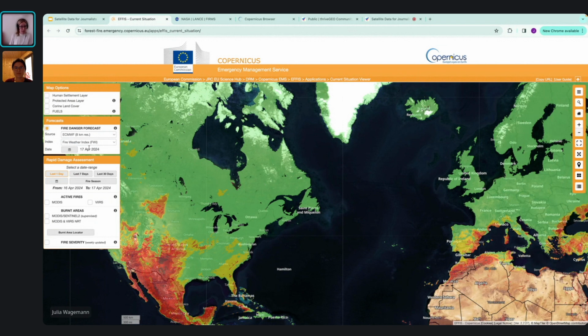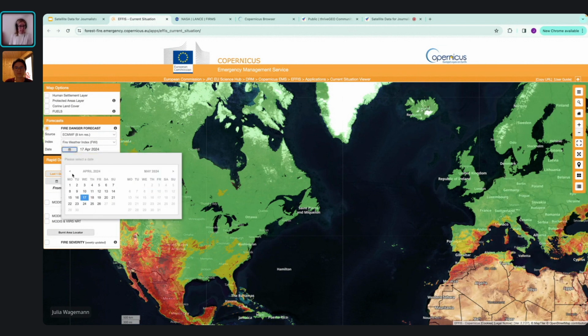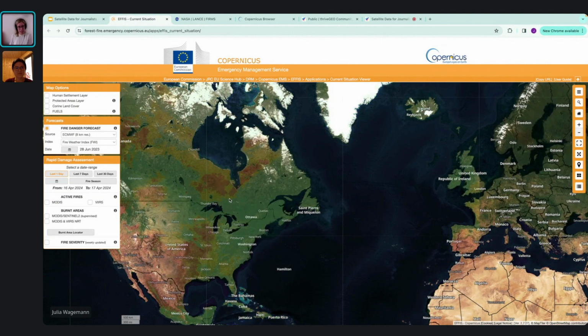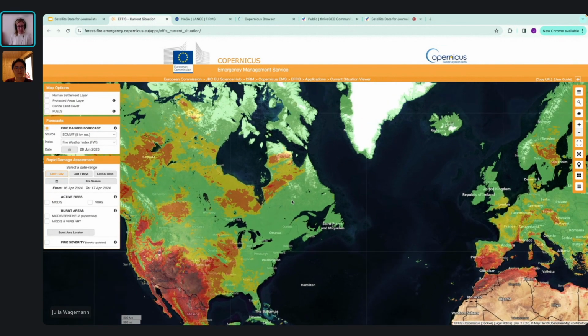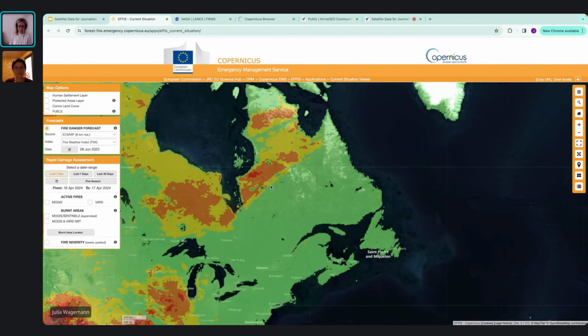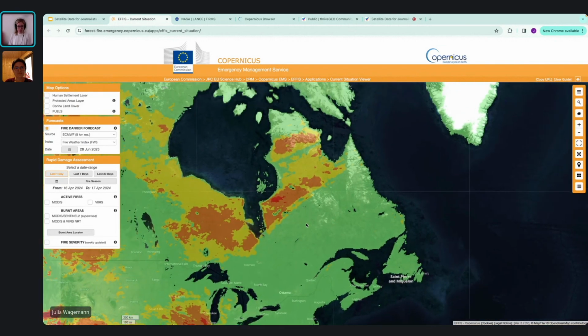But you can also assess the fire danger from a past event. So let's say, for example, last year in Canada in June, the Canadian wildfires were quite intense. So you can assess and also monitor the wildfire risk on specific past days.